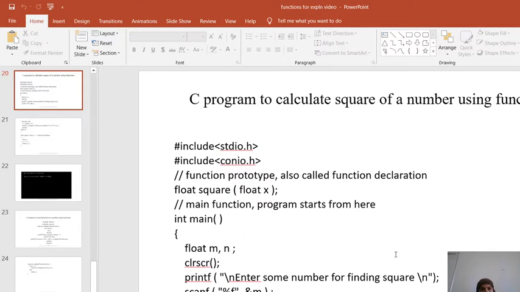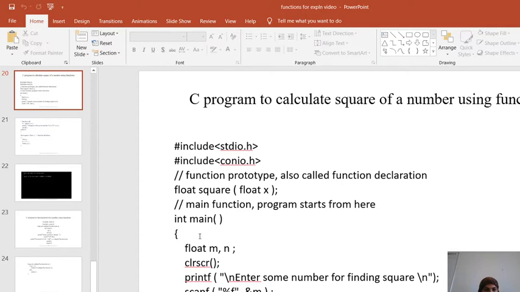And you know that when you start writing a program using a function, first you have to give the function declaration statement. The function declaration statement here is float square(float x); where square is the name of the function. It is going to return a value whose data type is float. The formal parameter used here is float x. X is a variable or a parameter declared in the function declaration section, and the function declaration terminates with a semicolon.